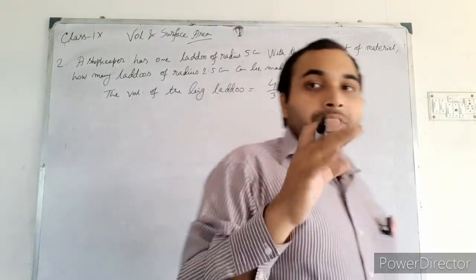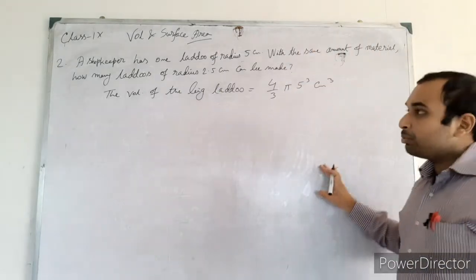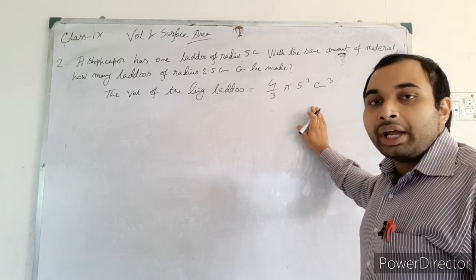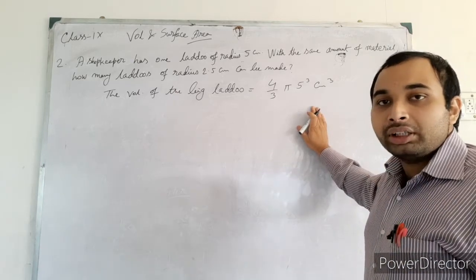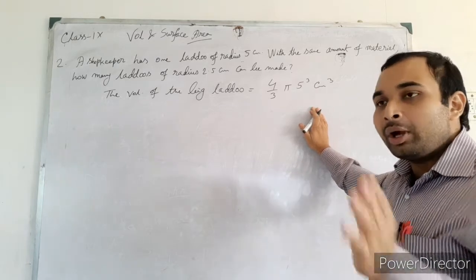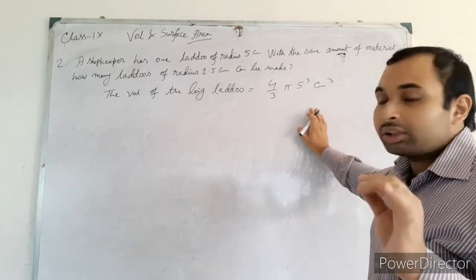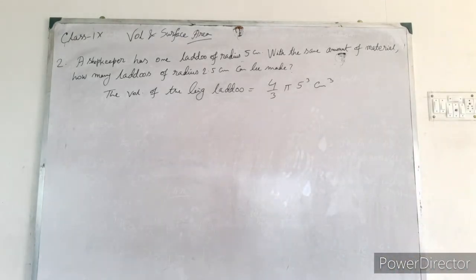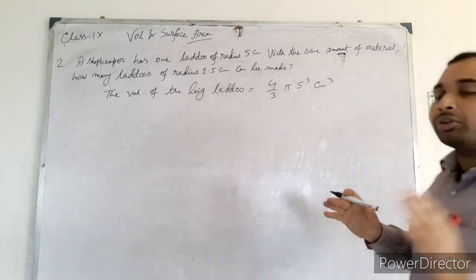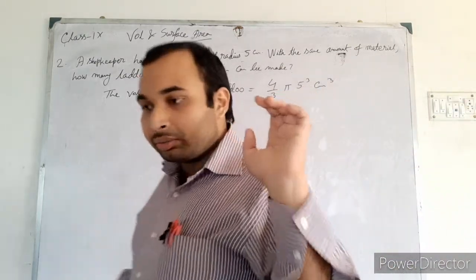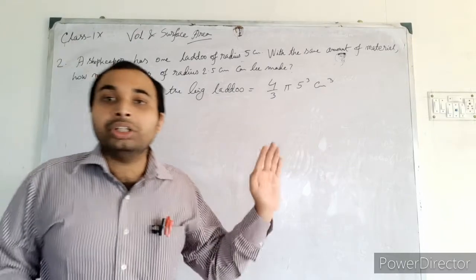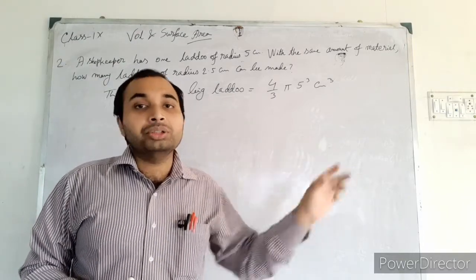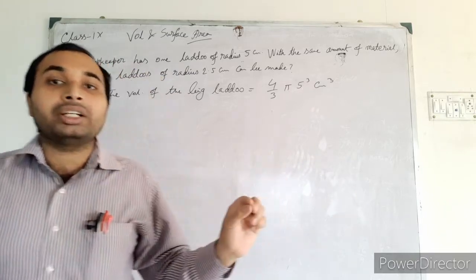And again I am repeating one thing: for the mensuration chapters, the units are very important. If you don't write the units, some marks will be deducted in your boards exam, in class 9 also, and in any class. So be careful to write the units, otherwise there will be a problem. In the previous example, I have written the word unit there. So you have to write something.